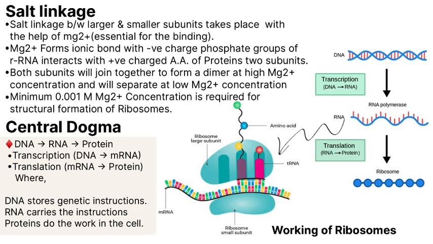Now you know how important these ribosomes are. Without ribosomes, the central dogma would stop at mRNA only. So, no protein, no life. Now, let's see what the other important features are in the next slide.